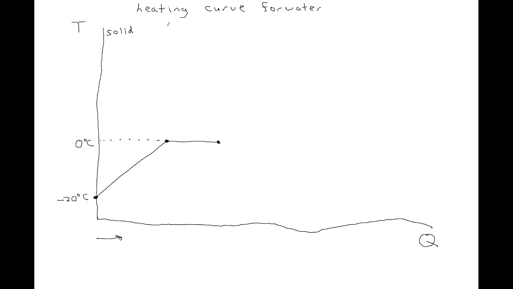So what's the name of the process that's happening here? Melting. And there's another name for melting, which is a little weird. It's also called fusion. I'm not sure why, but melting is also called fusion. So what do we have at this point? This point represents now liquid water